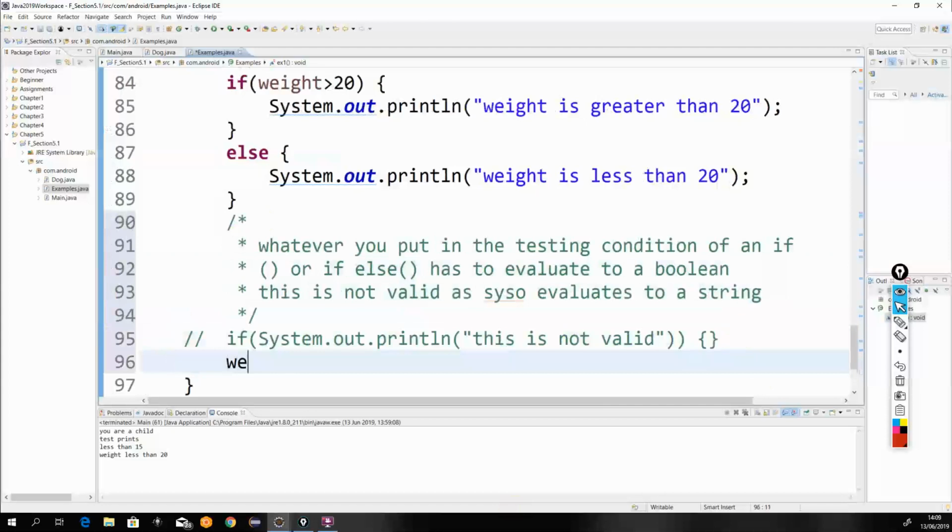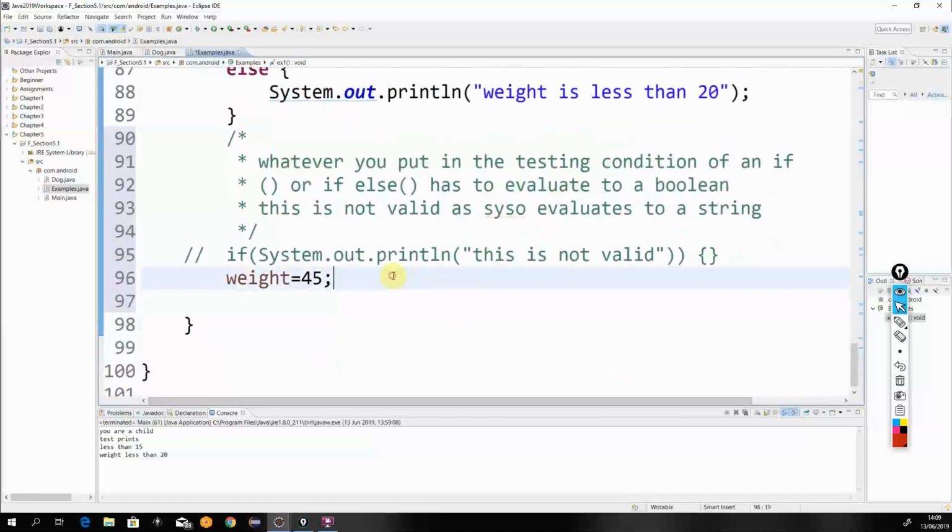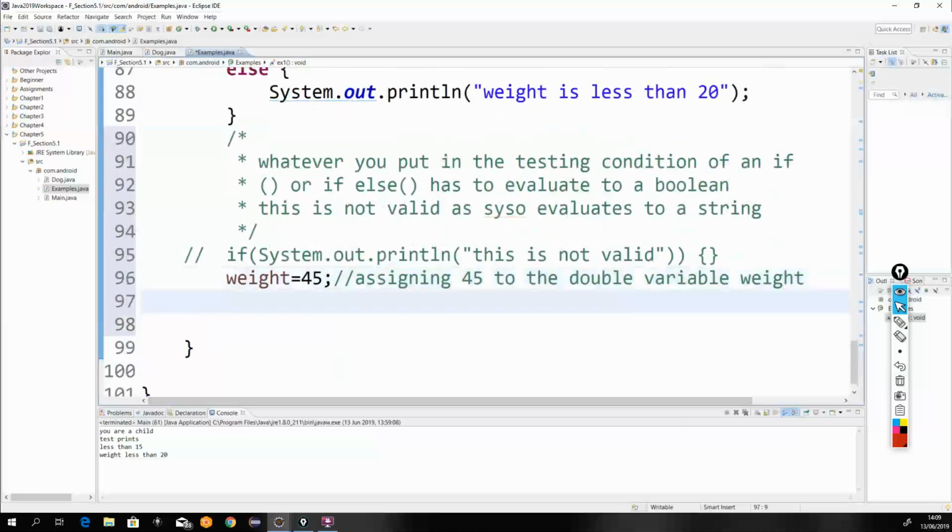Down here I'm going to put weight is equal to 45. So I'm just assigning 45 to the double variable weight. I'm saying this for a reason. Now, if I do this,